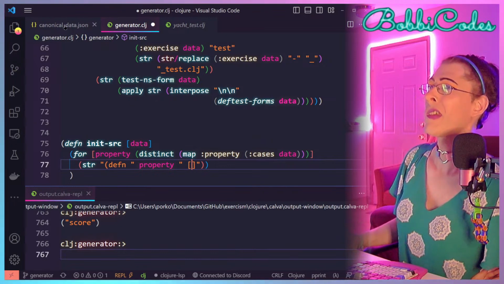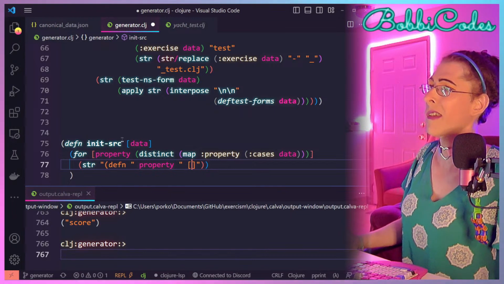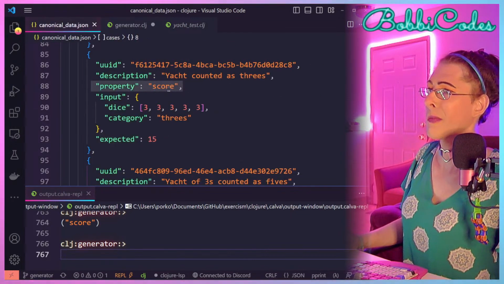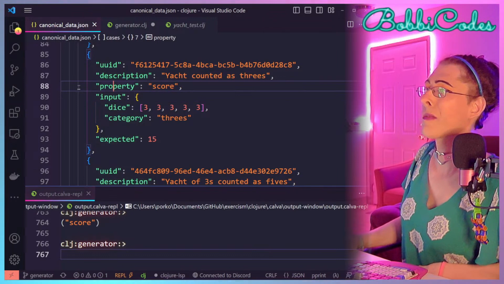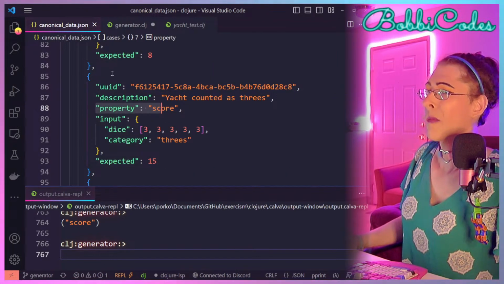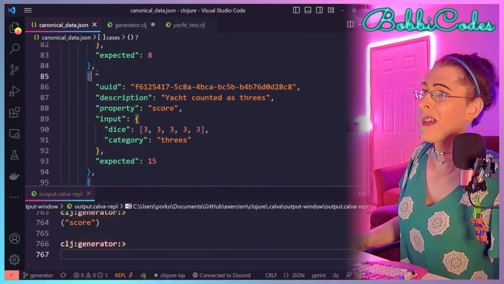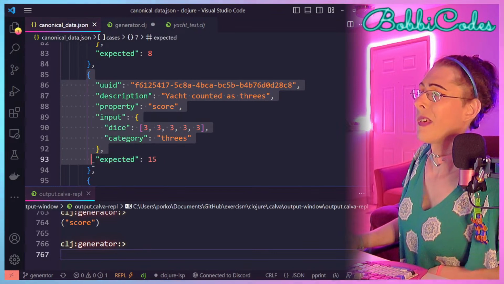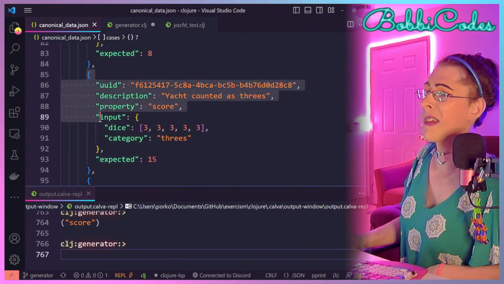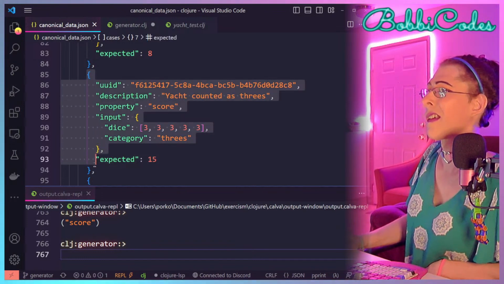So then we need to look and see what the arguments are for that property being tested. So we'll have a function that will be passed an entire test case, one of these, and it will iterate over the cases.